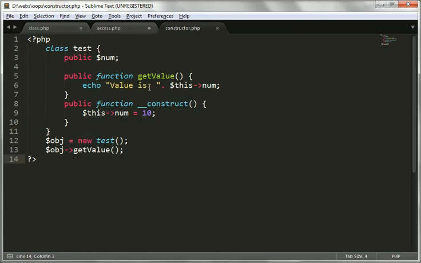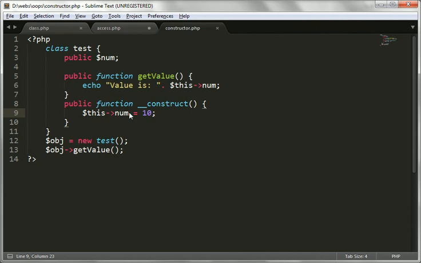So see, previously we had to create a setter function for that, set values, then we were setting this, and we had to call that function again, set value and values. But here there is no need to create a separate function. Mainly we are using this type of constructor function whenever we are creating a connection with databases, so we do the same thing inside constructors like this. But we'll see constructors in depth.